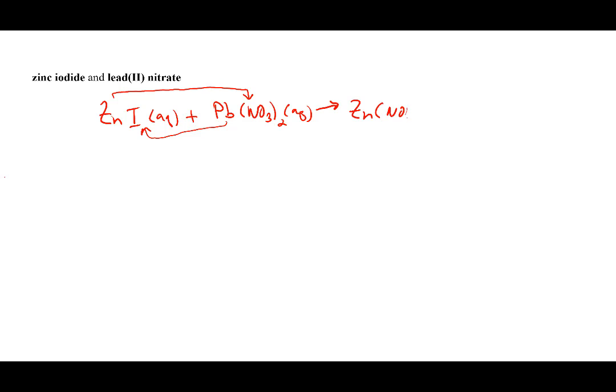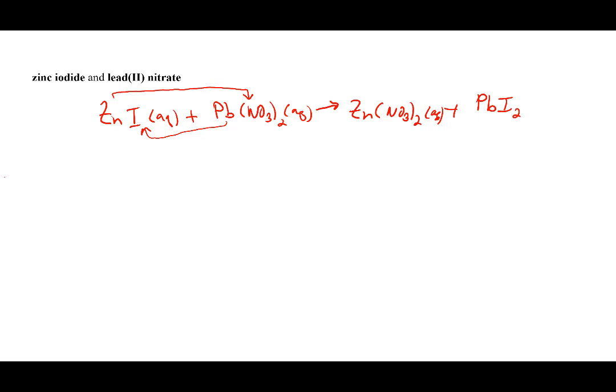So we'll write out our two reactants. Zinc iodide, that is soluble in water because iodides are generally soluble in water. Lead nitrate is soluble in water because all nitrates are soluble in water. Then what we do is we swap the two ions to do our double displacement reaction. So zinc will end up with nitrate, lead ends up with iodide. Zinc's 2+, so it will have two nitrates when it gets formed. So zinc nitrate, we'll have that formula, that's aqueous. And then lead will end up with the iodide, so that's PbI2 because the lead's 2+, and the iodide ions